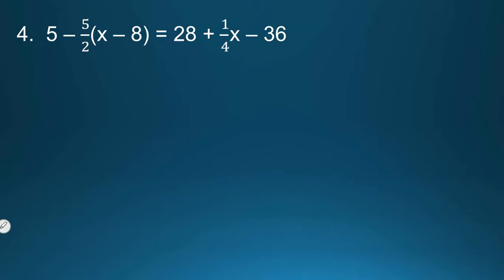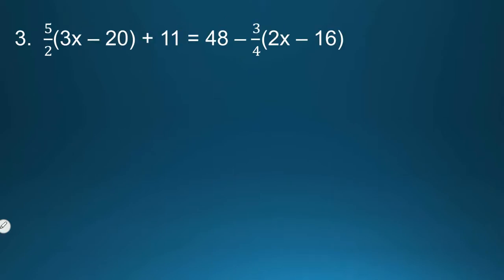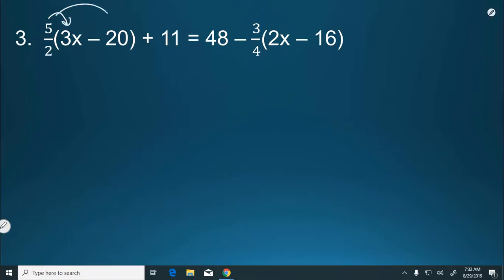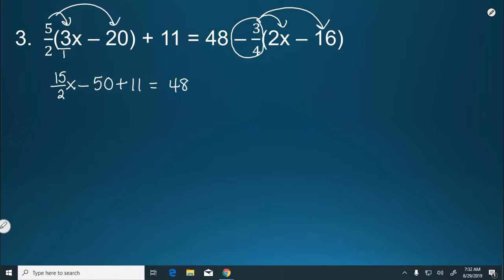Okay, number 3. Now I have parentheses on both sides, a little bit more going on. So I'm going to start first with the distributive property, distributing the 5 halves and the negative 3/4. You have to make sure you're holding on to that sign. So when I'm multiplying by 5 halves, it's kind of like multiplying 5 halves by 3 over 1. So I get 5 times 3 is 15, and 2 times 1 is 2. So it's 15 halves x minus 20 divided by 2 is 10 times 5 is 50 plus 11 equals 48